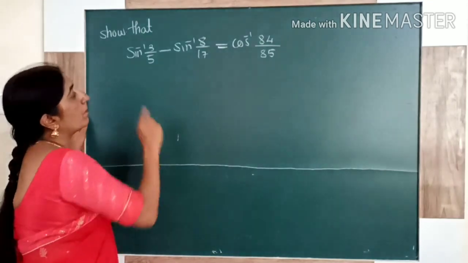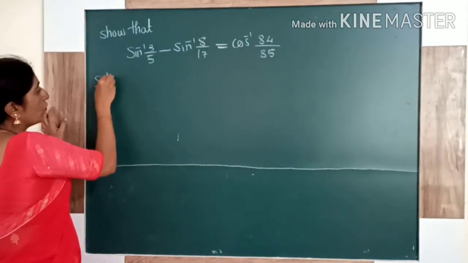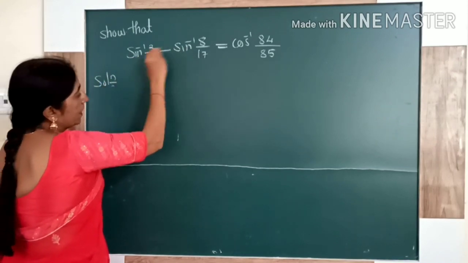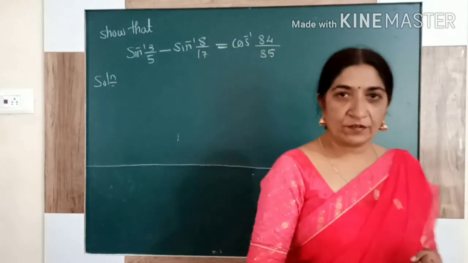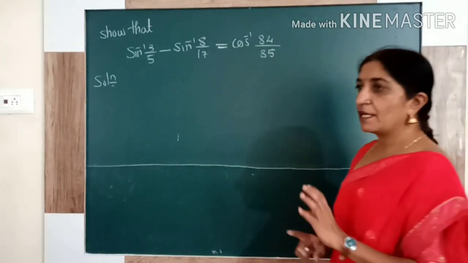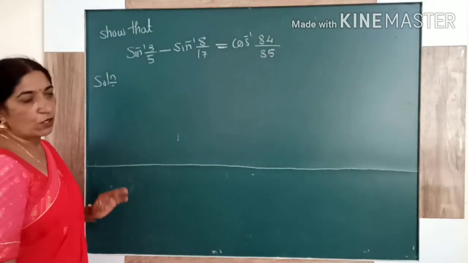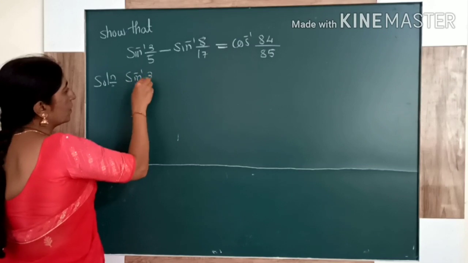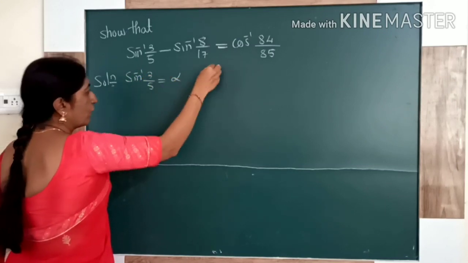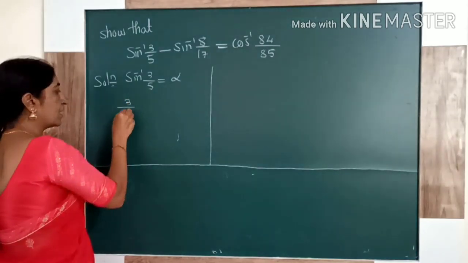So for that we are applying cos of alpha minus beta. Before applying that formula I am converting these two sines in the form of cos. See, if the problem contains sin and cos, we have to use only sin and cos terms. That is very simple. You can convert to tan, but it is a little bit complicated. First I am writing sin inverse 3 by 5 as alpha. Take only the sin inverse part on that side.